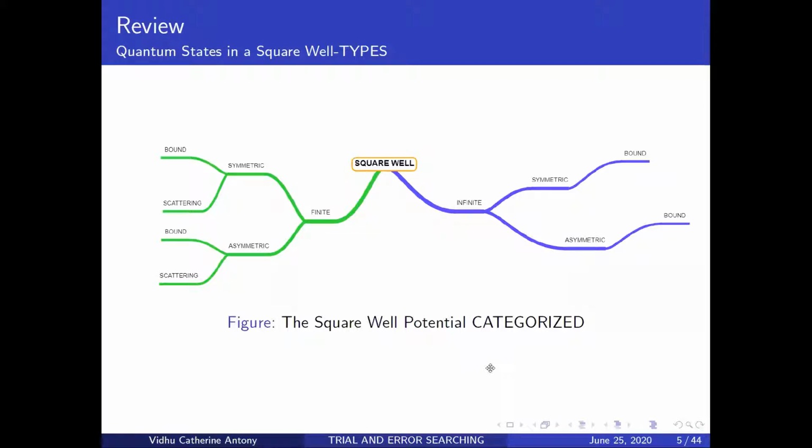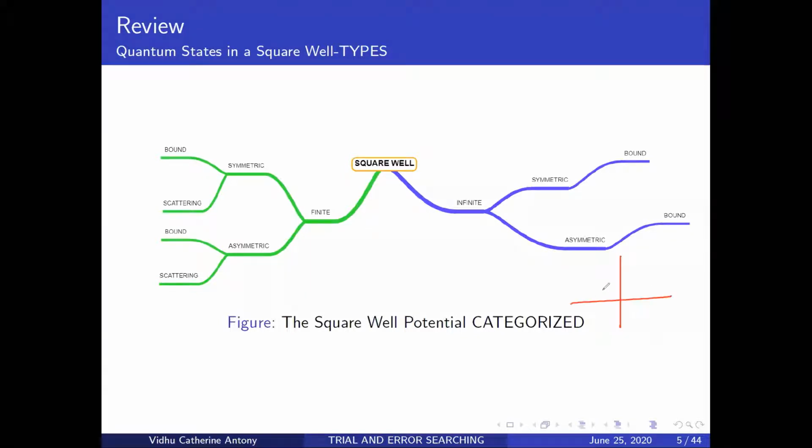What do you mean by symmetric and asymmetric? So basically, when you have a square well, you can draw it in two ways. You can draw it with equal sides to the origin, so you have, say, minus a and you have a. What do you mean by asymmetric? It's going to look like this. So you might have solved problems where you have 0 and L. Okay, so that is asymmetric. This is asymmetric. This is symmetric. Okay, so let's move on to the next one.